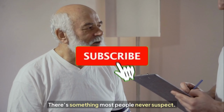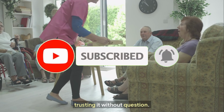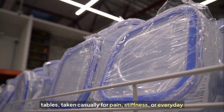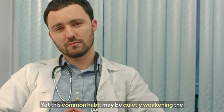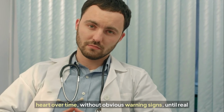There's something most people never suspect. Something many older adults keep within arm's reach, trusting it without question. It sits in bathroom cabinets, kitchen drawers, and bedside tables, taken casually for pain, stiffness, or everyday discomfort. Yet this common habit may be quietly weakening the heart over time, without obvious warning signs, until real damage is